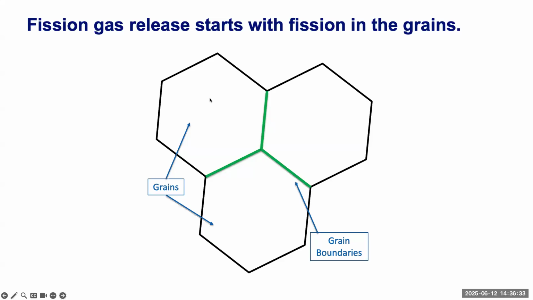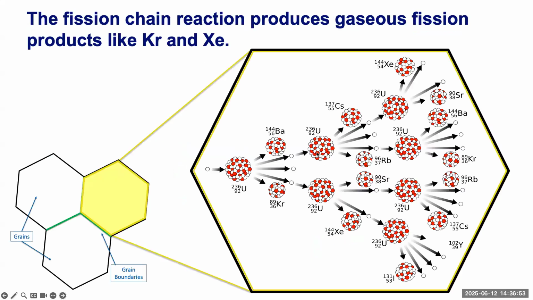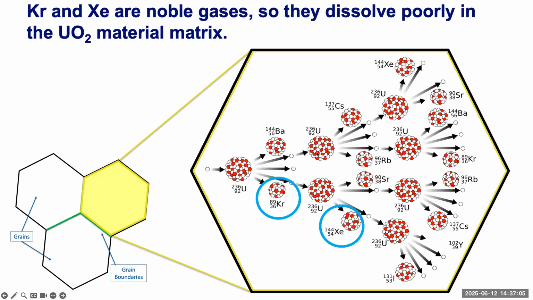So each of these grains, represented as hexagons here, are essentially individualized crystals within the structure of the material. And then I have highlighted in green here these grain boundaries. And these are essentially the boundaries that just separate these different crystals. Now, the fission chain reaction in these fuel pellets produces gaseous fission products like krypton, circled here, and xenon, circled